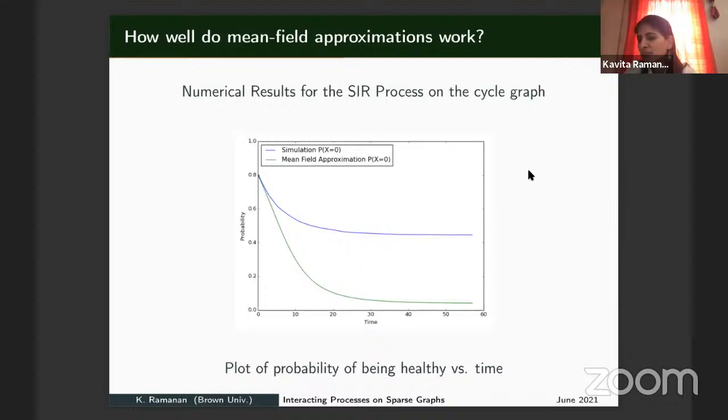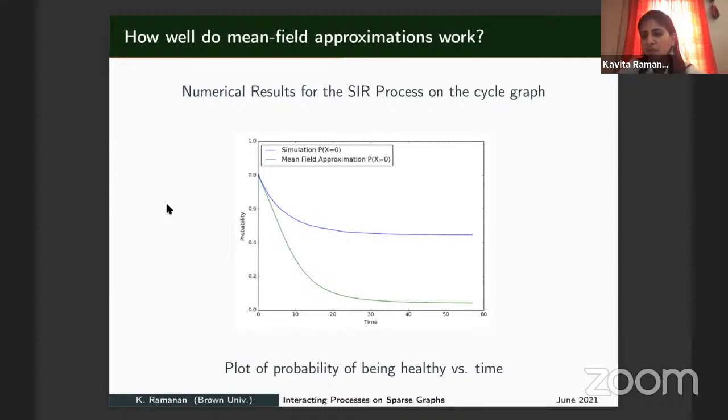So what many physicists or many engineers do is say, okay, let me also write another equation for how the correlations evolve. And if that's not good, then let me write another equation for how 3-level interactions evolve, and so on and so forth. And then there are some ad hoc closure approximations that you take. These are called refined mean field approximations, etc. But there's no real theory on how well these behave, and many of them still do badly.